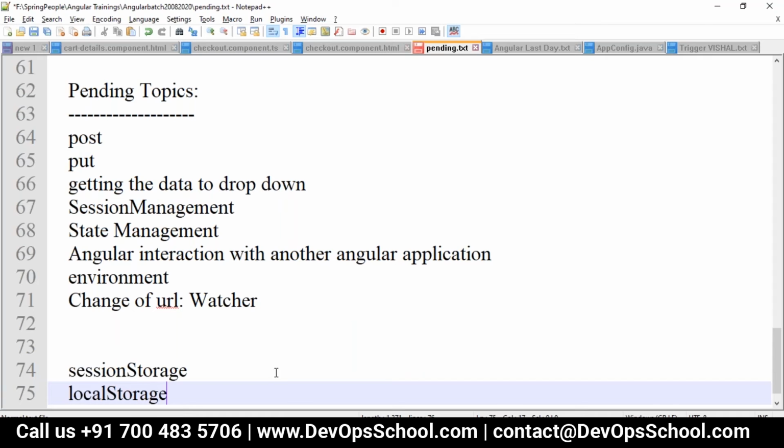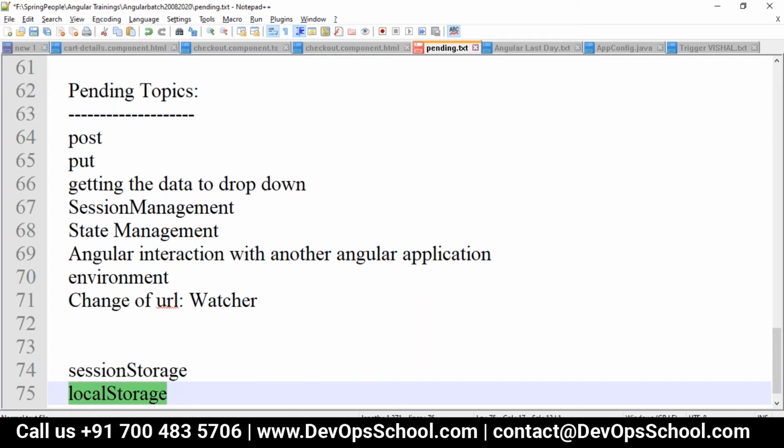But local storage, unless you clear it, like with the local storage dot clear method, will not clear the item. So data will be stored in the local storage and it is accessible through all the pages under the same domain. We will use different methods like local storage dot get item and local storage dot set item. By using that we can take care of it here.